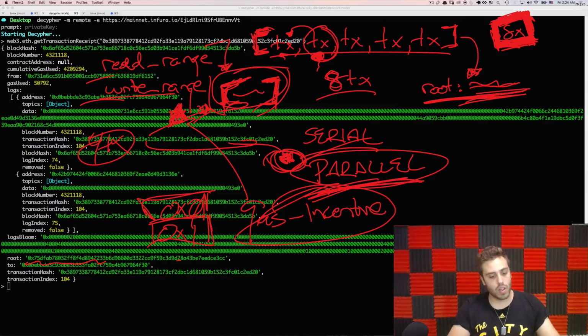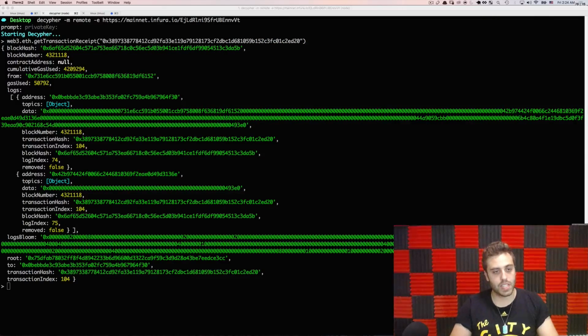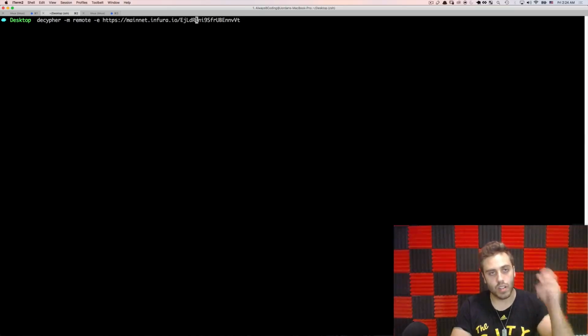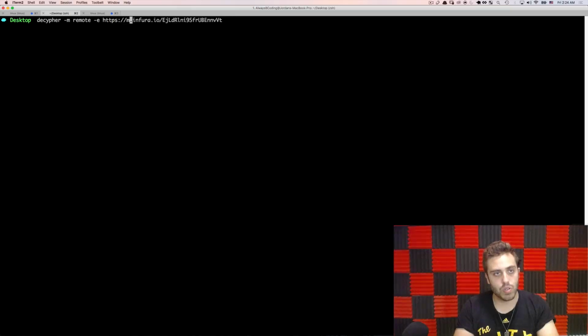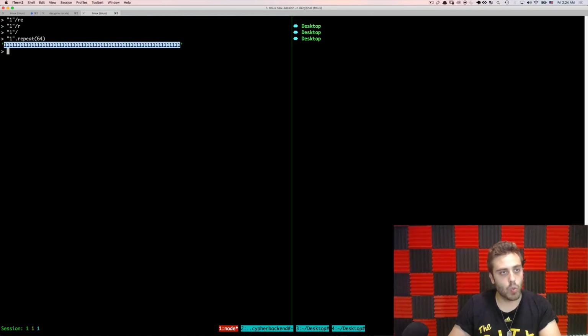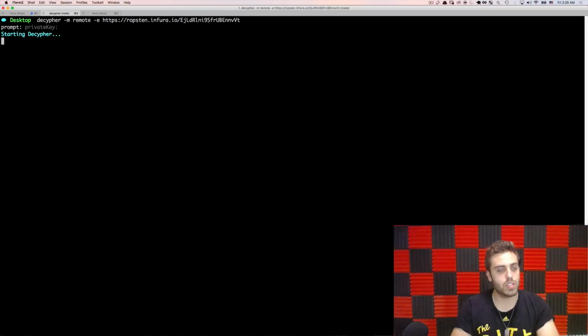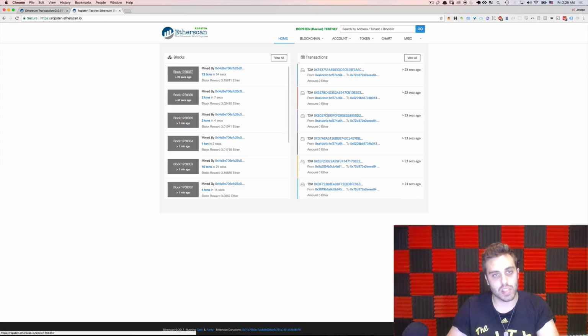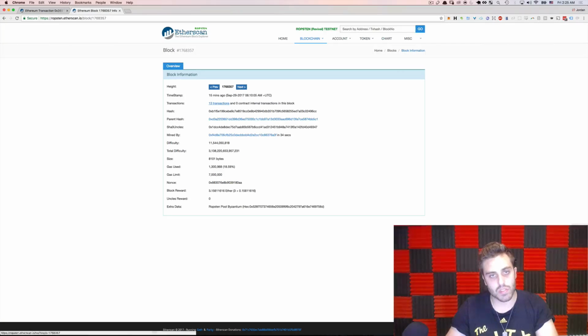So let's actually look, because Byzantium right now is deployed on Ropsten, so we should be able to see this. If I exit out, and instead of going into mainnet I go to Ropsten, and then copy my all ones little private key that I have over there, just so my thingy starts up. Then I go to Ropsten Etherscan and look at the latest block that's been mined, and there are 13 transactions.